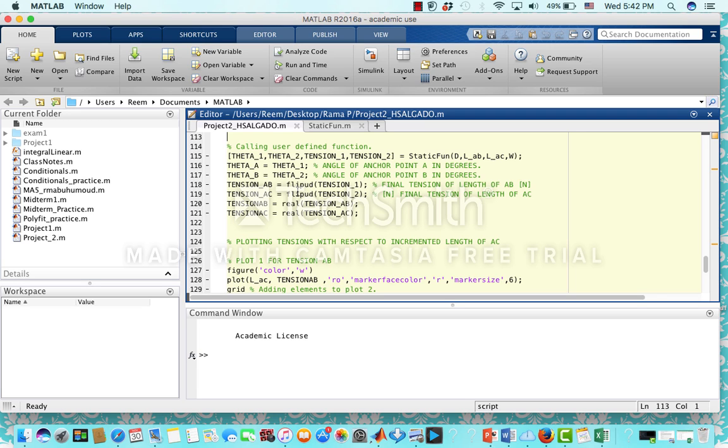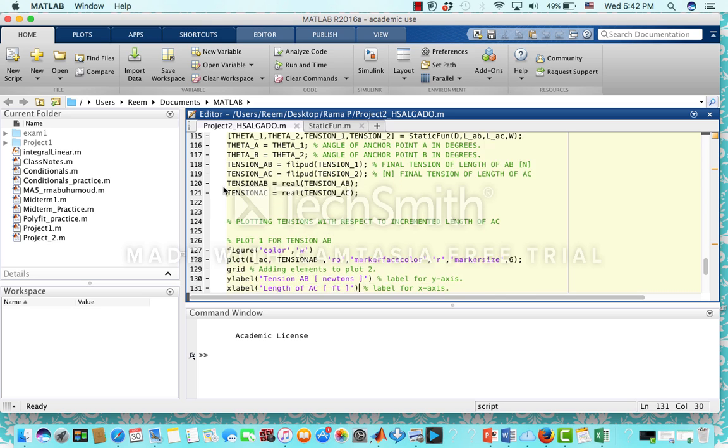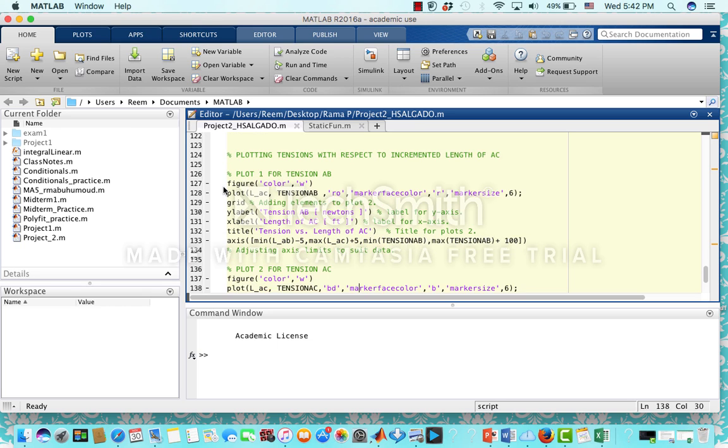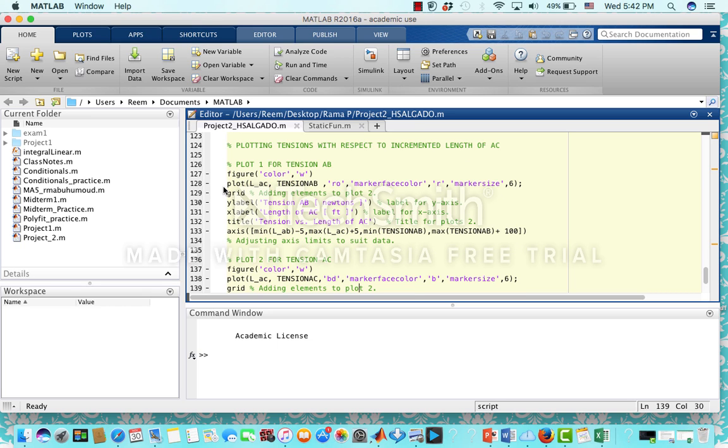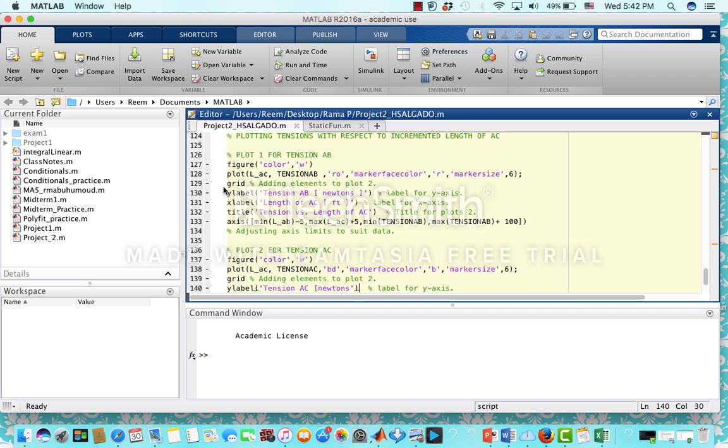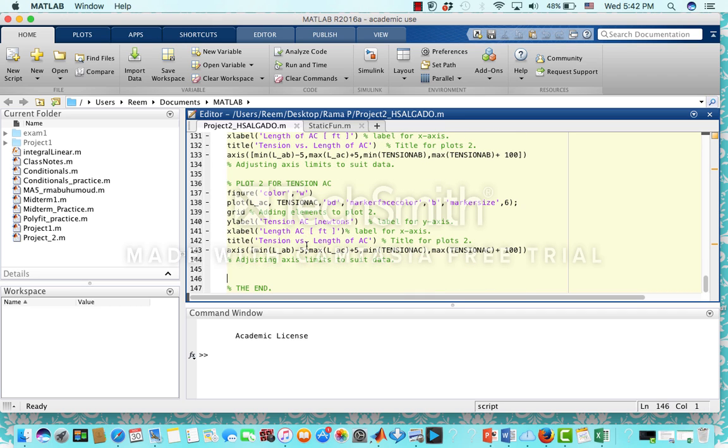The lengths of AB and AC are going to be given in non-real numbers because they're complex values, so in order for us to plot them properly, we made the numbers real. Then we start by plotting. With respect to AC, first you have the graph of AB, and then the graph of the tension of AC, and then you have all the elements: the grids, the labels, the titles, and the axes for each of the graphs. And then they're just plotted, and so if I run the function,